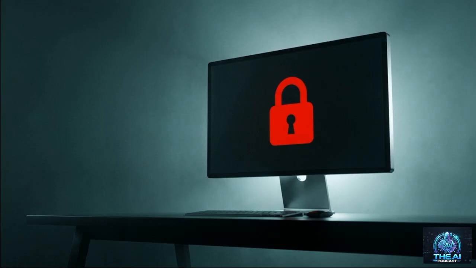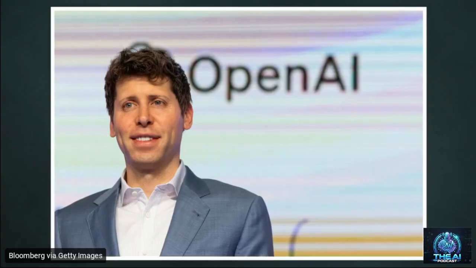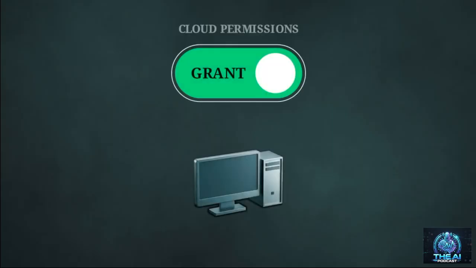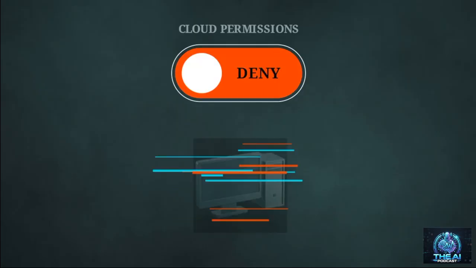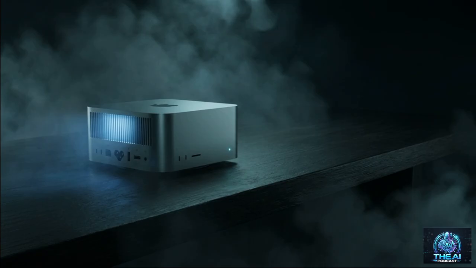If a government restricts specific models or a platform decides to gatekeep its most advanced intelligence, your access can vanish in an instant. Leadership at these major labs holds the power to change, monitor, or revoke your access at their own discretion. Maintaining digital autonomy is impossible when your core tools rely on the shifting permissions of external providers. Compute sovereignty solves this by moving AI processing off the web and onto hardware you physically own.